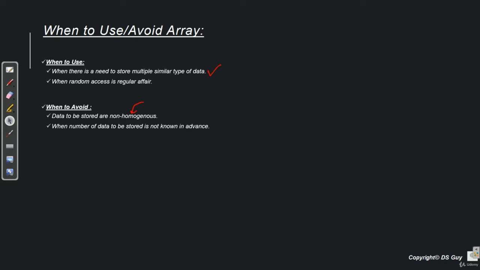So what to be done in those kind of cases? Do we use variables? Probably yes, but the problem with variables is if we want to store, let's say, 1 million numbers, then are we going to create 1 million variables? Of course not. So this is where linked list comes in. It gives us that flexibility of creating as many number of cells or nodes as required in runtime. If we require 10 nodes or cells, we create 10. If we require 1 lakh cells, we can create 1 lakh. All of this can be done in runtime.